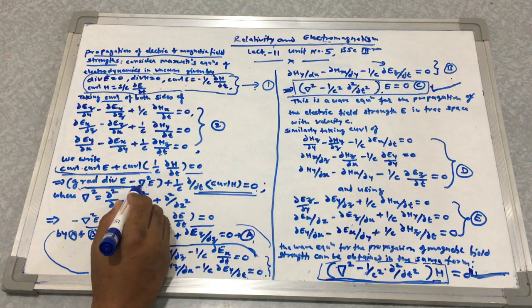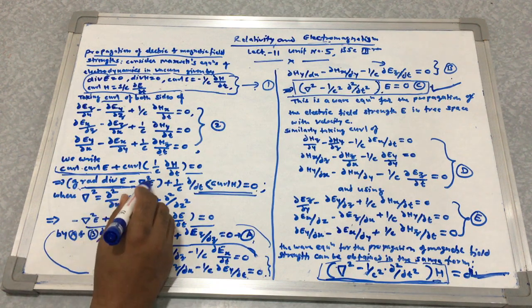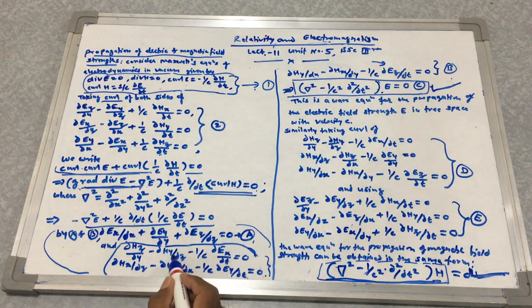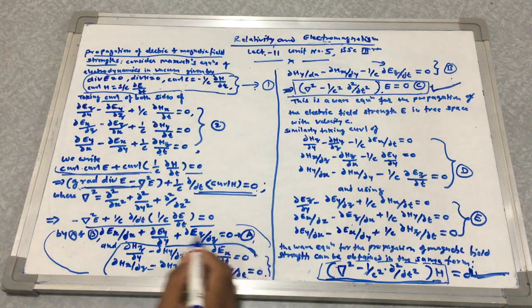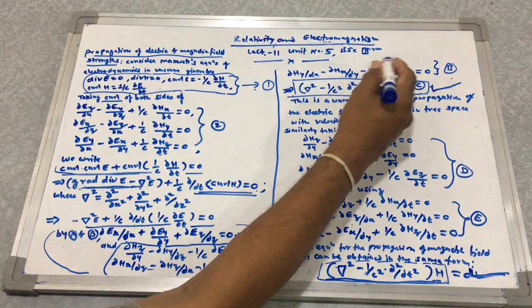So for this ∇² you have to put this, and minus ∇²E is equal to this. So from equation A and equation B, where A contained this one and B contained all three of these equations,